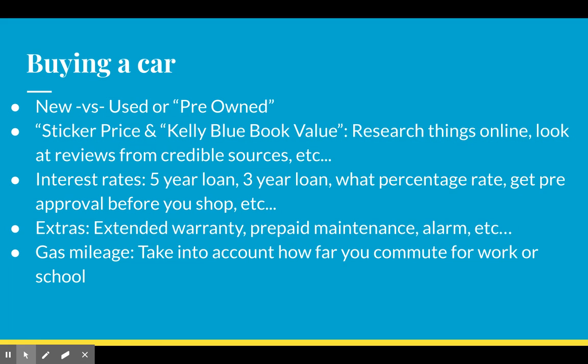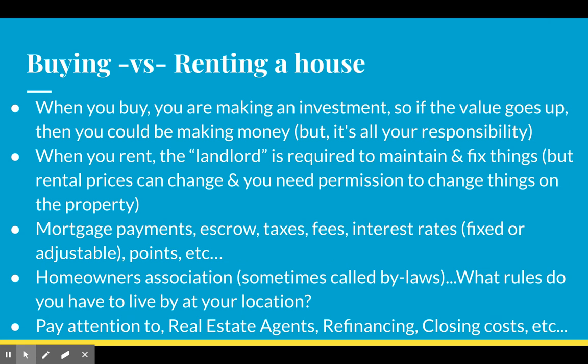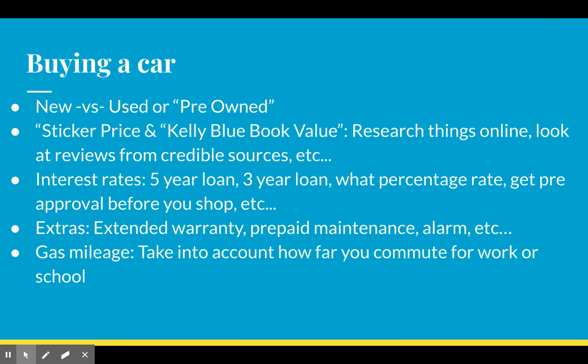Other things you might want to pay attention to: the newer your car is and the higher the value, the higher the insurance is on it, right? And the other thing you want to pay attention to is something like gas mileage. These are also things you might want to pay attention to with a home. The bigger the home, obviously the more expensive, but the bigger the home, the more you're going to pay on utilities, like the more it's going to cost to heat the home. If you have a lawn, then the more you're going to pay in water bill. If you have a pool at the house, you're going to have a huge water bill. So there are these extra expenses that you've got to pay attention to.